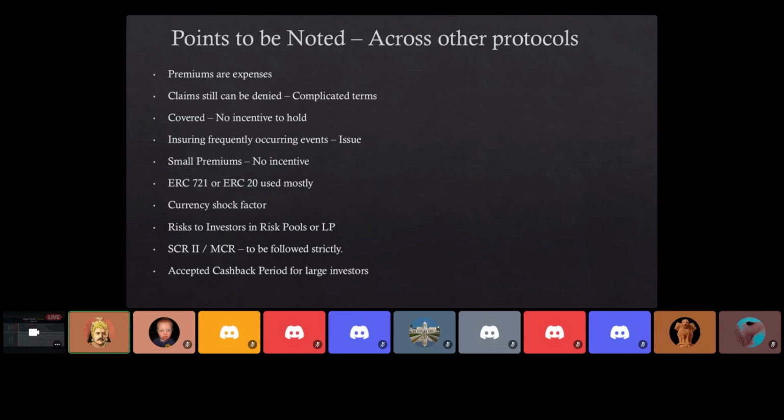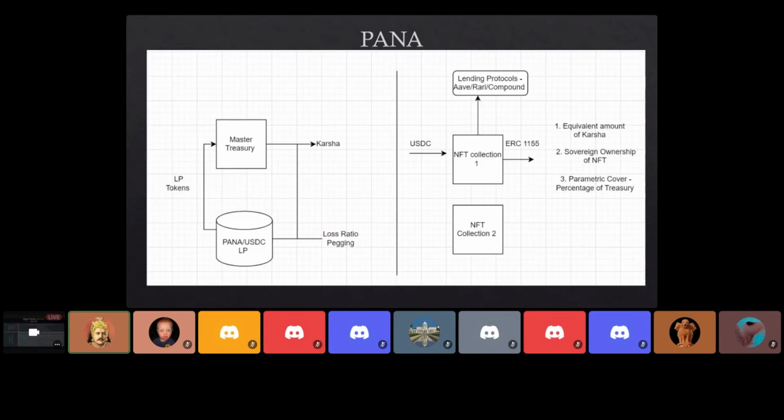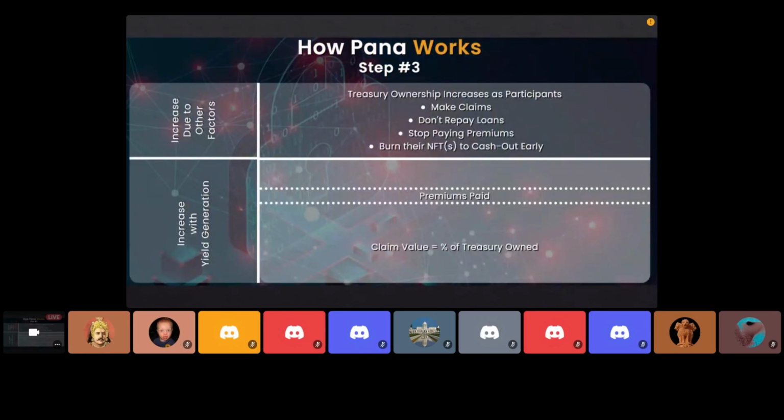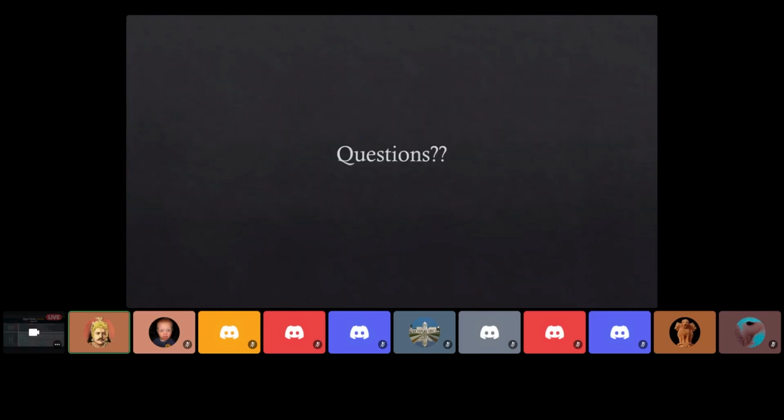So yeah, these are the major advantages that we think about the assurance NFT, and we'll need your support to move forward whenever we start designing the NFT collections. Yeah, that's it from my side. Any questions?